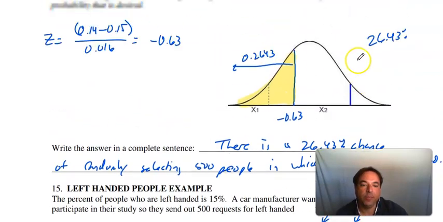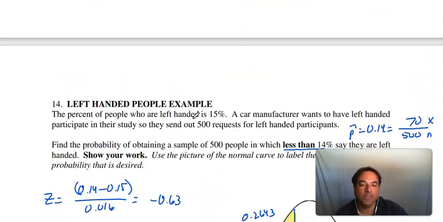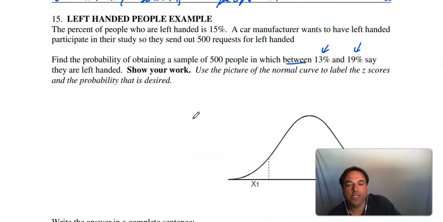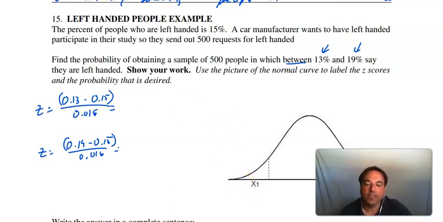And remember from the previous problem, we have the SE of 0.016. So because we're looking for in between, we have to find two separate z-scores. The first one is 0.13 minus 0.15 divided by 0.016. And then we have 0.19 minus 0.15 divided by 0.016. So when we put that in the calculator,